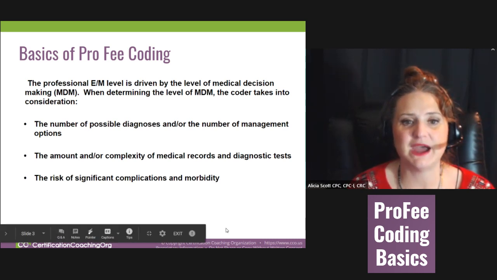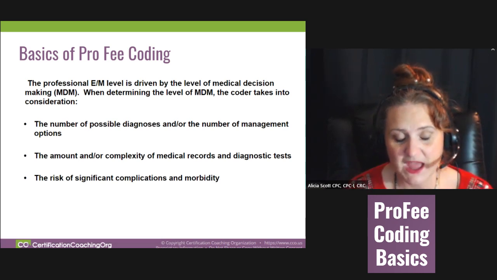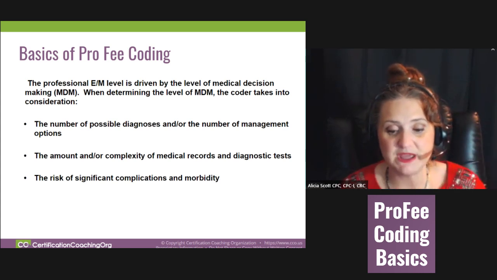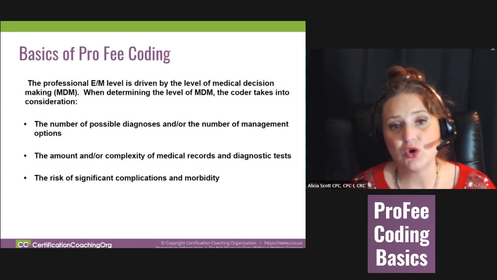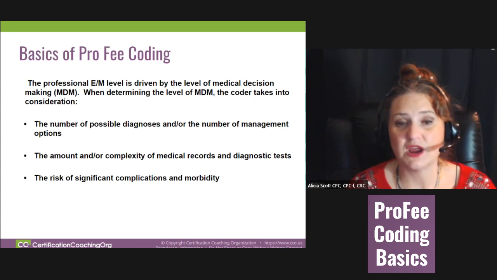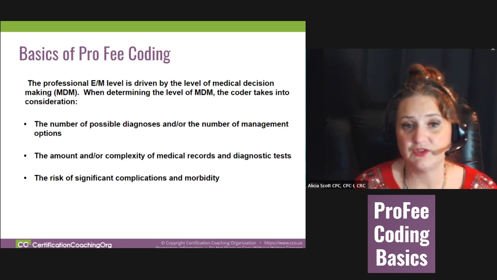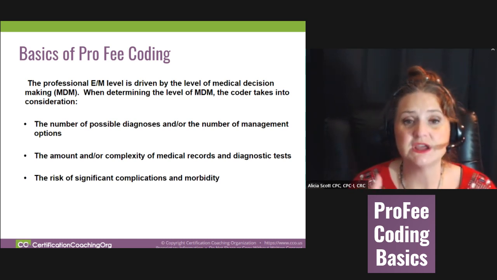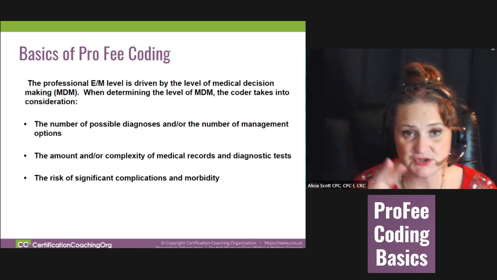So let's talk about how the E&M level is driven. I mentioned the H&P, we have the exam, and then we have the medical decision making. When you look at an E&M code, it tells you for a new patient, you have to have 3 of the 3 components, okay? And that would be the 3 that I mentioned. But for an established patient, you only have to have 2 of the 3.